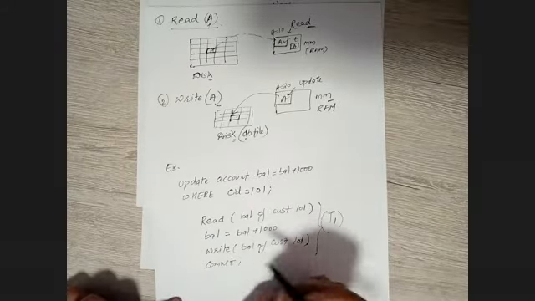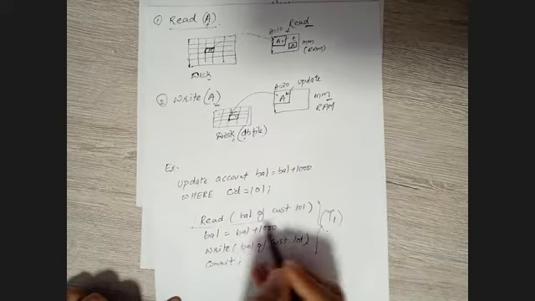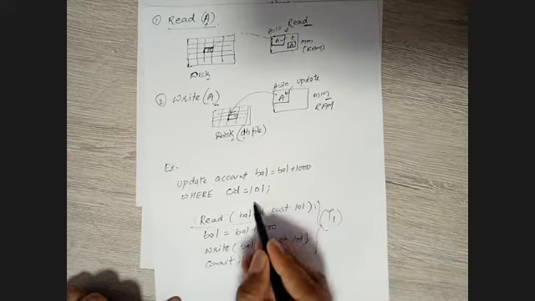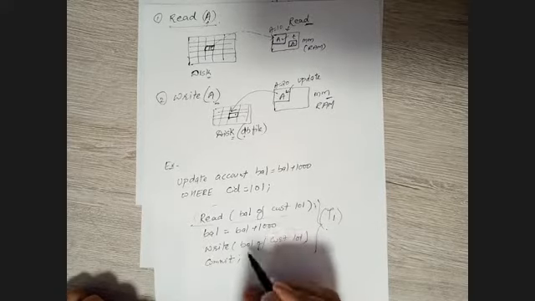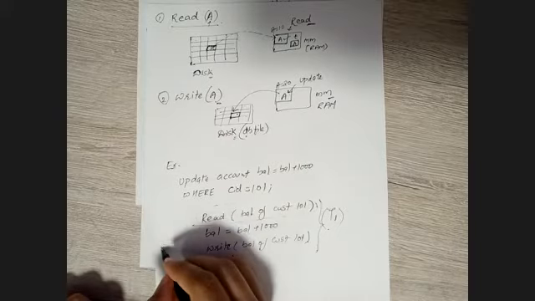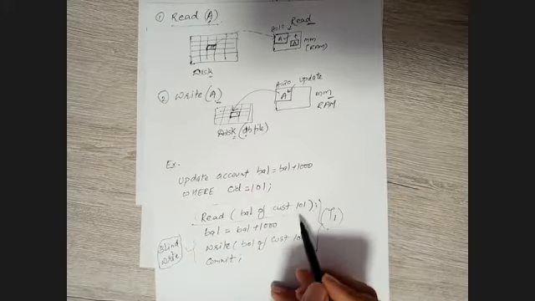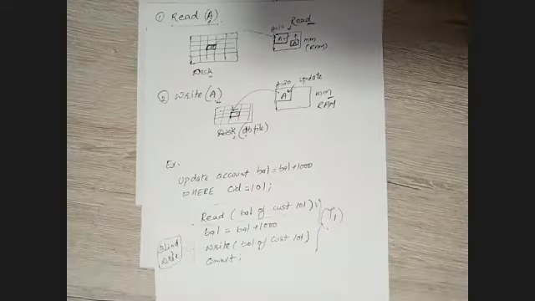Now understand, if I do not perform this read operation, meaning I am not first checking what is the balance, and directly I perform the write operation, directly I started from here, we say this is a blind write. Blindly you are writing the values without knowing the current status, the current balance of your account. So this is a blind write. I hope you have understood so far.